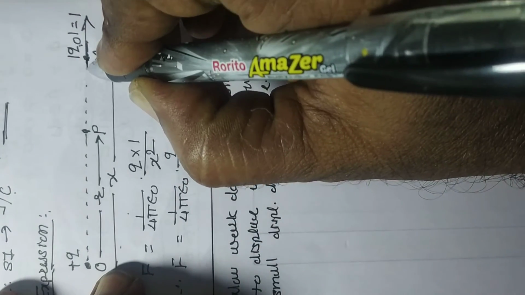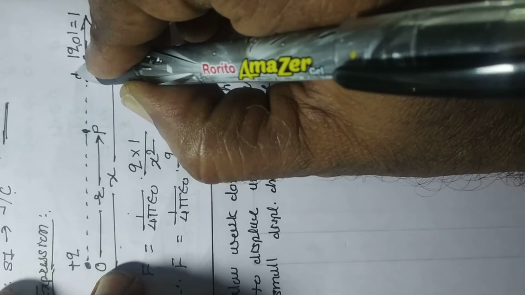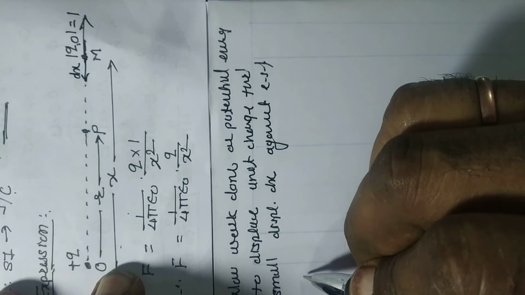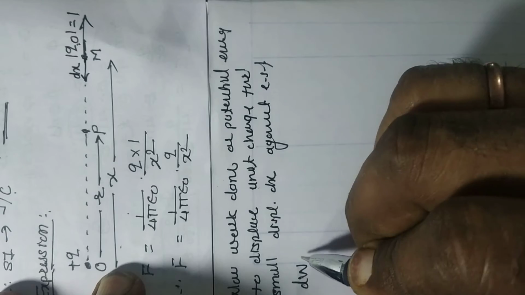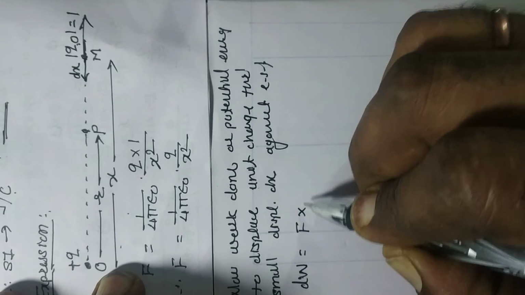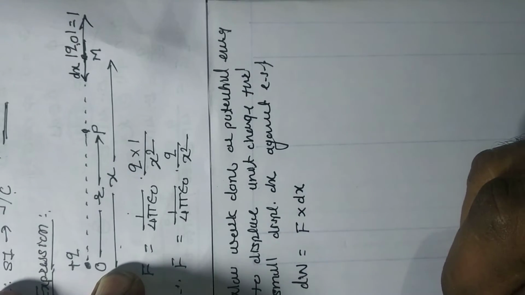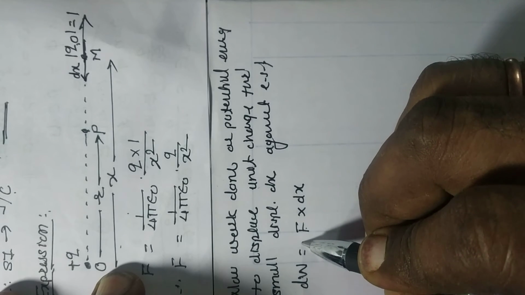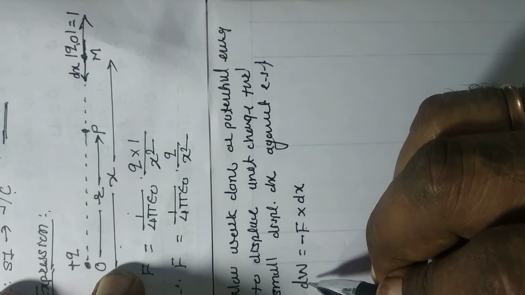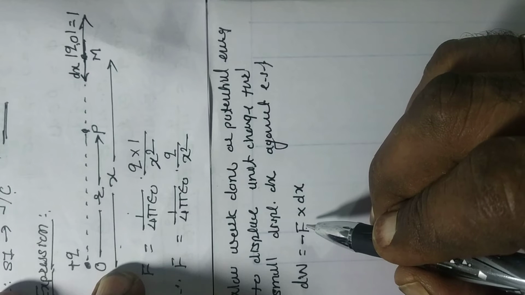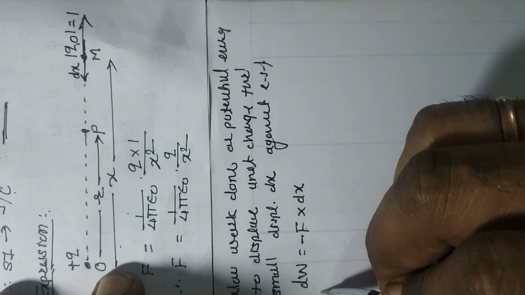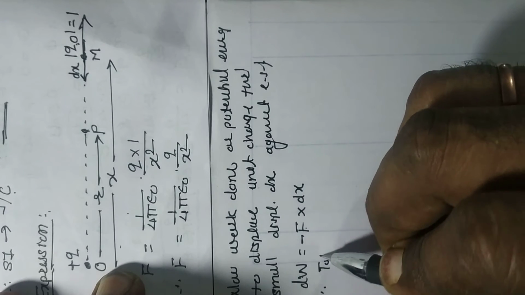Suppose we have to displace this charge in this direction through a small displacement dx. Small work is equal to force into displacement dx, but this work is done against the force, and therefore total work